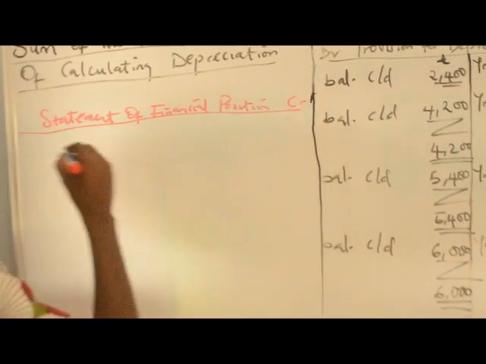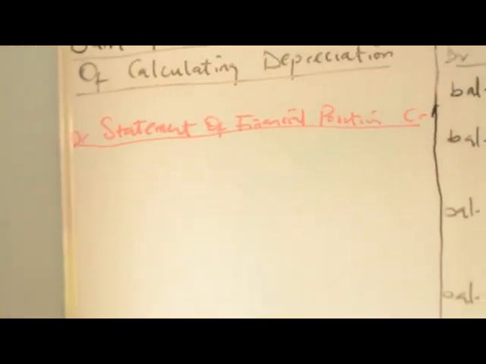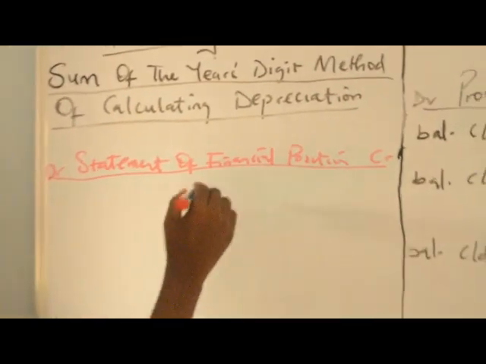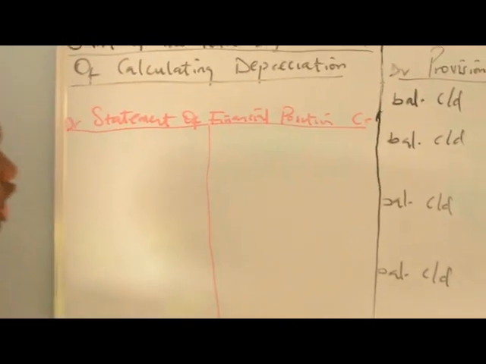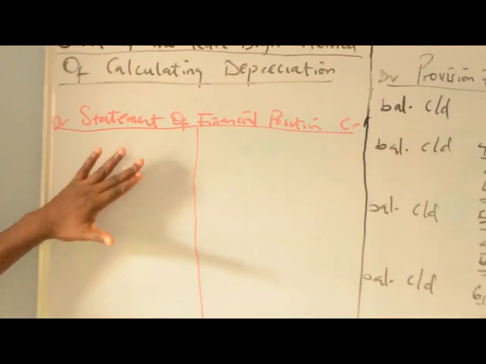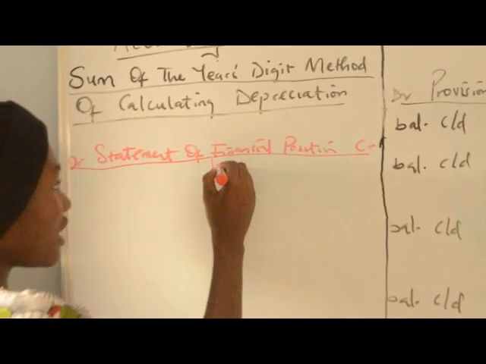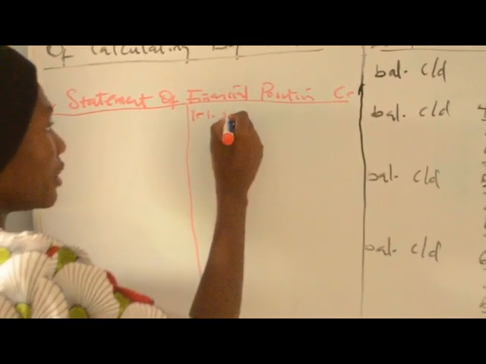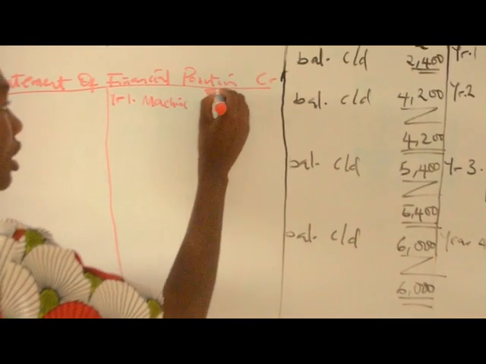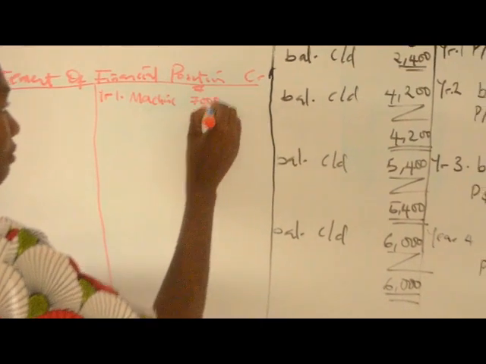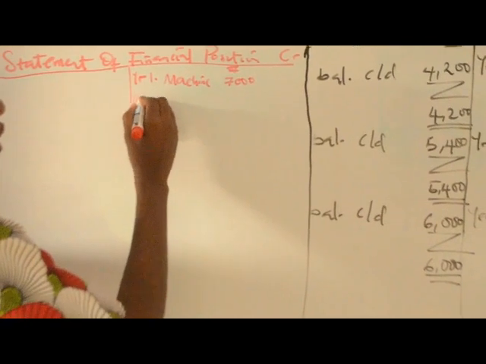This is our credit side, this is our debit side. Now this account is prepared to show us our assets and liabilities for the year. Usually in our statement of financial position, our assets are credited while liability and capital is debited. Since machine is an asset, for our first year, our machine is 7,000 naira. But to know our net value for our asset for that year, we'll be reducing depreciation